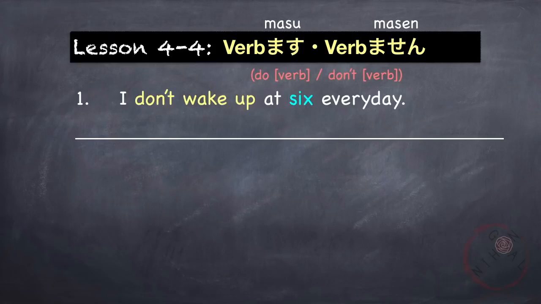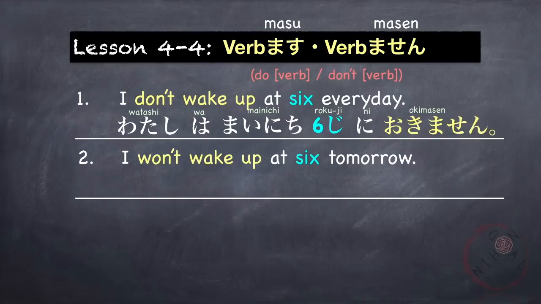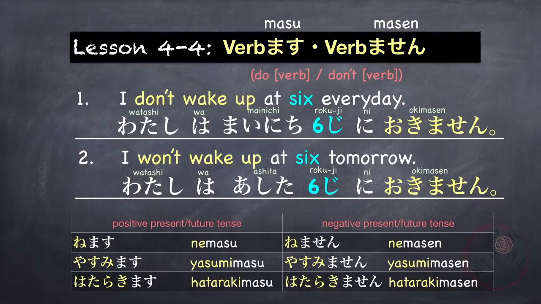Now, let's go to the negative form of the verb, which is don't verb or verb plus masen. For example, I don't wake up at 6 every day. First, 私は毎日6時に起きません。So the positive is 起きます。Now, since it's a negative, 起きません。Another example, if you are not going to do a certain thing in the future, I won't wake up at 6 tomorrow. 私は明日6時に起きません。You'll probably wake up at 7. 明日7時に起きます。